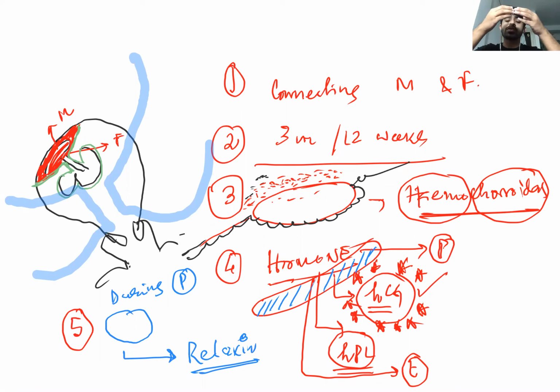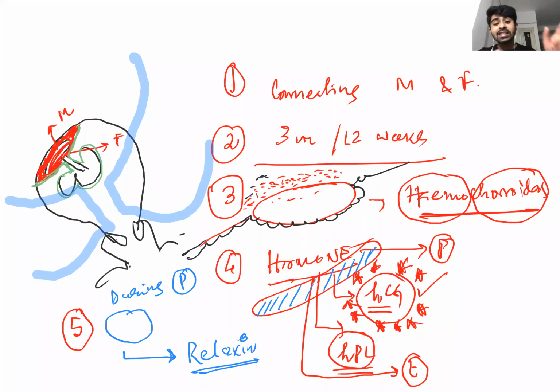This symphysis pubis joint is basically one special type of joint called a fibrocartilaginous joint, exactly like our intervertebral disc. Why am I mentioning it this way? Because these are again another MCQ that we will talk about later. So if this is the symphysis pubis joint, it will expand in this way and the baby will come out. So this is the function of relaxin. Relaxin will help in relaxing.